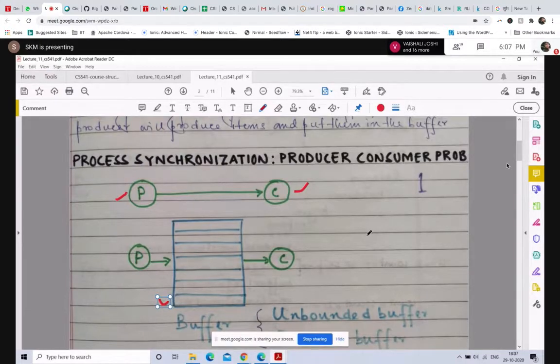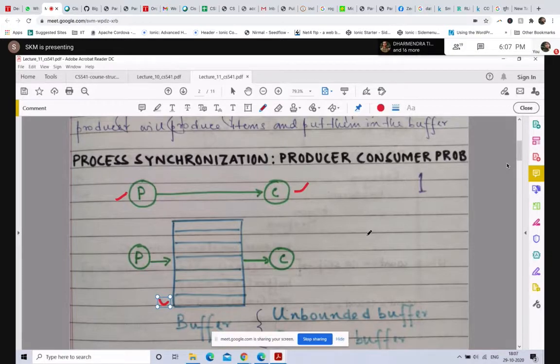But in the case of bounded buffer, if our assumption is the production rate is more than the consumer rate, then there will be a time when all the locations in the buffer will be full. Okay. So P has to wait for C to empty a slot.